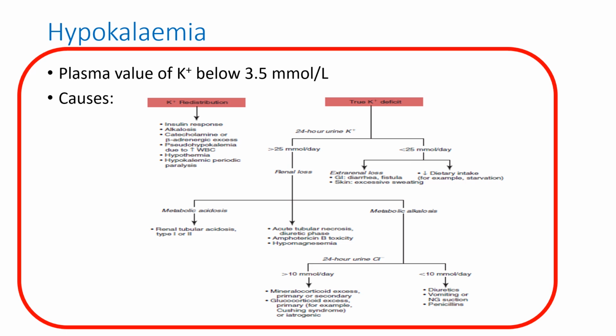Starting with the false hypokalemia, which is also called potassium redistribution. Because there is no true loss of potassium, but a mere exchange or redistribution of potassium between the intracellular and extracellular space. The first item mentioned here is insulin responses, and I already explained that in a previous slide. Because insulin has the capacity to increase potassium uptake in cells. Same thing for catecholamines and beta adrenergic receptors.